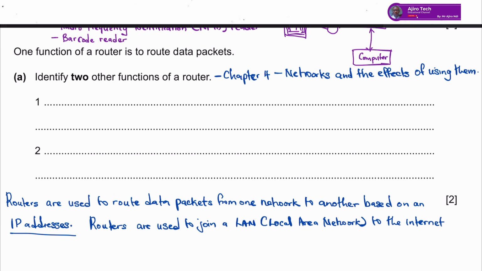Because the routing table contains computer addresses of all the computers on a network, it will be able to work out that the data packet is intended for a computer on its network. So when a data packet reaches a router, the first thing it does is to examine an IP address. The reason I'm talking about this is that when we talk about the function of a router, we see that it forwards